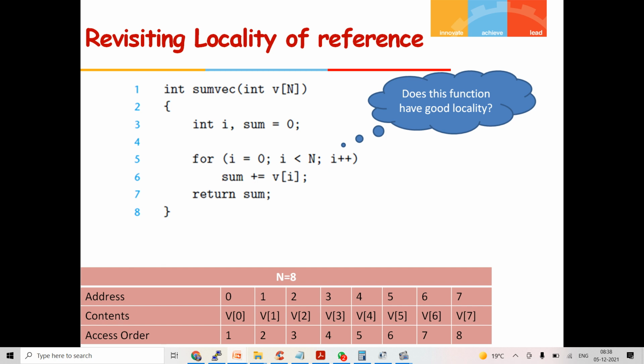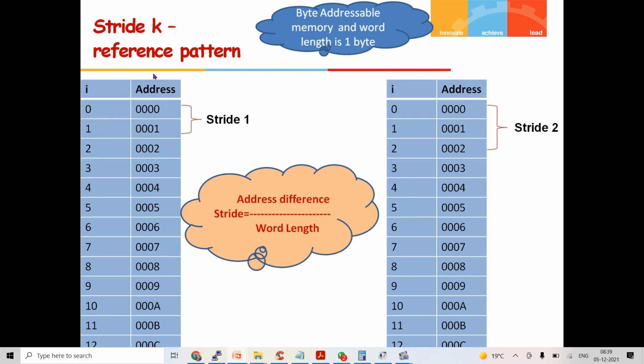Okay, now let us go and see the next part. Here there is something called a stride. Supposing, as in the previous case, we had a byte addressable memory, and the memory being referred to is 0 and the next location is 1, and the size of the referred value in memory is a byte, so the next byte is located in the next step.